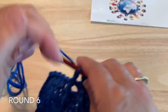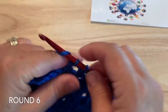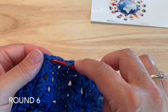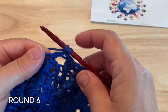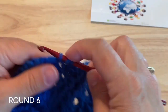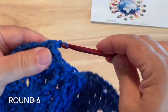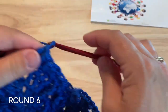And then we're ready to work those 2 sets of twists. So skipping 1, working double crochet back in the skipped stitch, another twist, we'll double crochet in that last stitch, and then in the corner, double crochet, chain 2, double crochet,